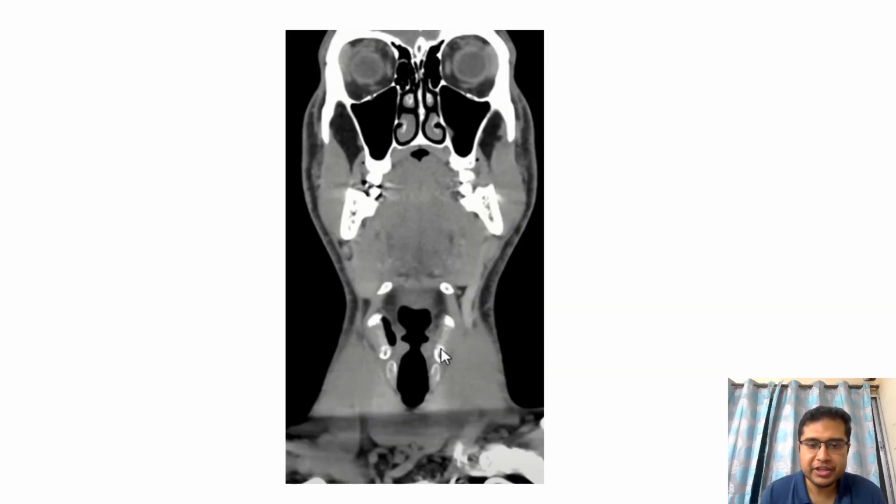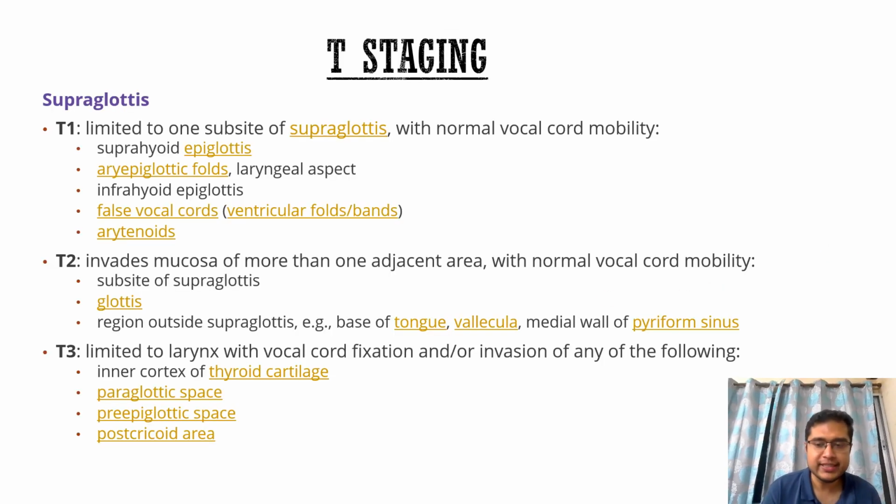And this is the coronal section where we can actually appreciate the false cords, the ventricle and the true cords. So now discussing the T staging of laryngeal carcinoma. For the supraglottis, glottis and subglottis, T1, T2 and T3 stages are different, but the T4 stage is common